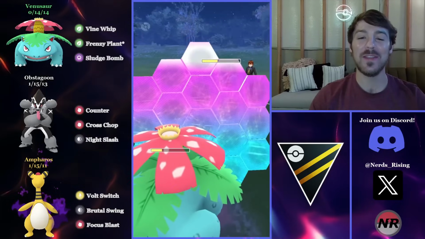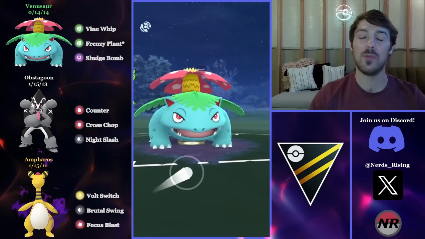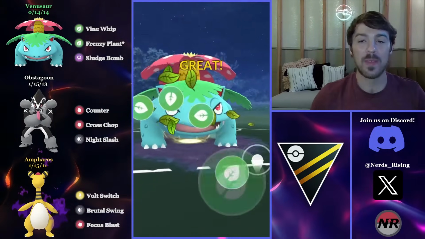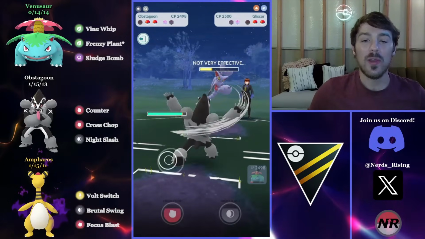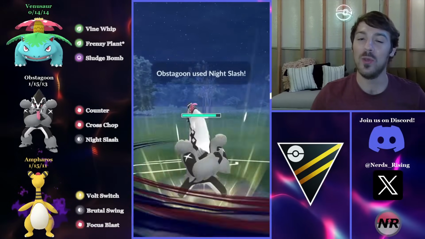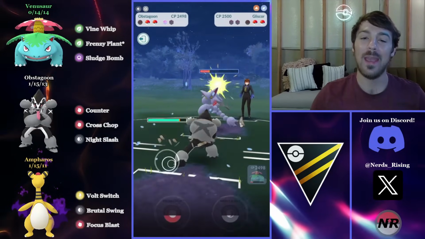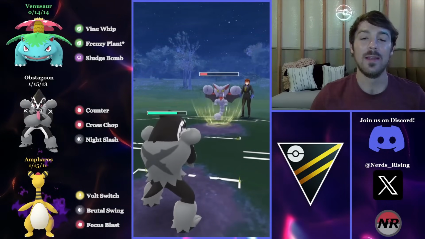And there, I try to go for the Night Slash catch. I just am a little too slow there. It's actually an Aerial Ace, so maybe they're running Aerial Ace and Earthquake. Typically, I did see most of these Gliscors running Night Slash and Earthquake, but we're in a really comfortable position now because the Venusaur still has some health and energy, and Obstagoon is just so incredibly bulky, and they're shielding up the moves. And at this point, I can just go straight for the Night Slash here, take them out,